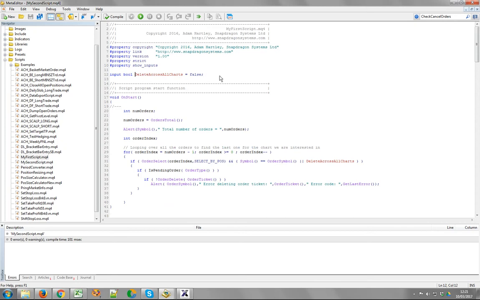So this input here, we had an input which was a true-false thing for deciding whether we're going to delete all charts or not. We obviously don't need that anymore. What we do need is the stop loss value that we want to add to our order. Okay, so that's what we're going to do today, is add a stop loss to our order. And we're going to specify them in